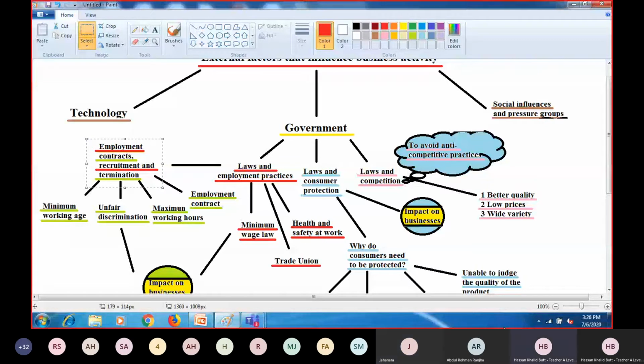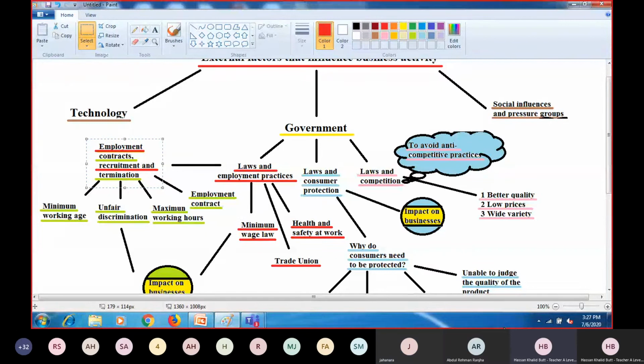So it means that sometimes you decide to reduce your workforce, but because there's a contract, you cannot ask the workers to leave all of a sudden. You may have to give them maybe a 1 month notice or a 2 months notice, depending on what kind of contract you had with the employees. Secondly, you have to give a solid reason for that, and sometimes you have to give a redundancy payment as well.